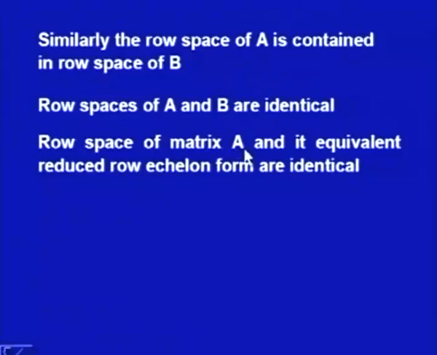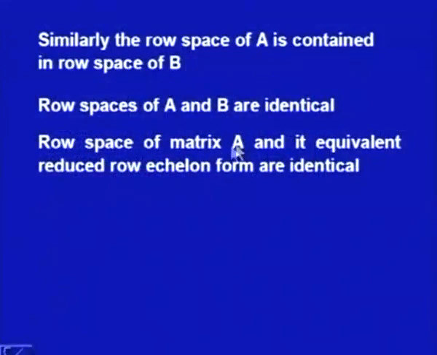The row space of matrix A and its equivalent reduced row echelon form are identical. I started with any matrix B, but we can apply this for the equivalent reduced row echelon form, and this result is important because with the help of this result we can solve systems of equations and easily find the rank of the equivalent reduced row echelon matrix. To find the rank of a matrix A, we can find the rank of the equivalent reduced row echelon form, and whatever be the rank of the reduced row echelon form, the same